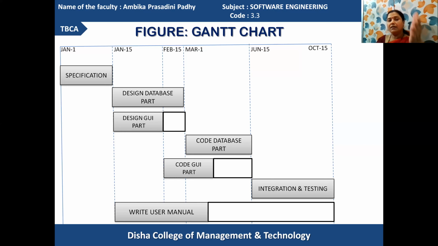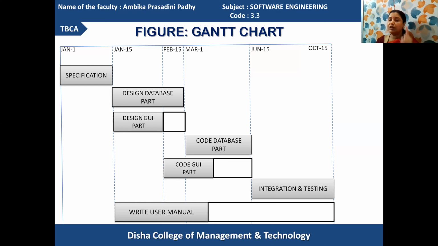And then after 30 days, the GUI design is completed. But your database design requires 15 more days to be executed. So the database design part is specified in the shaded part, and GUI design has an executable area as the shaded part and the white part as the slack time, where the GUI design has to wait till the next job is started to be specified as completed properly.